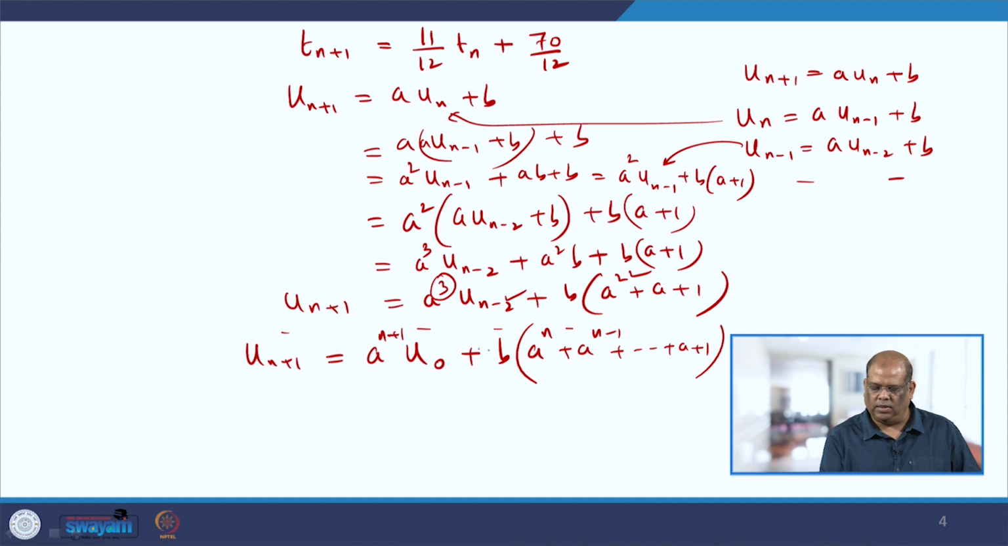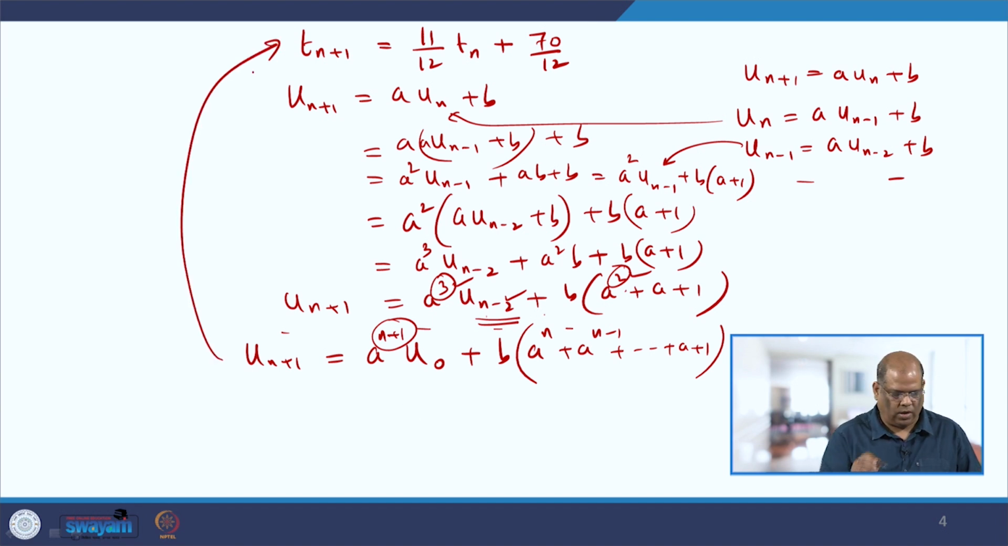So, you generalize it like this, that if this has to be 0 and then this becomes 3, then this is 2. So, 1 less. So, if I put this as n plus 1, this will be u_0 and this will be n, 1 less than this. So, if I now compare it with this particular equation, I will get T_{n+1}. So, this is the a and this is the b, which is (11/12) to the power n plus 1